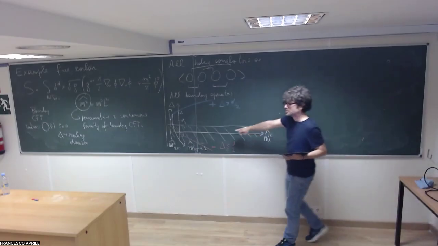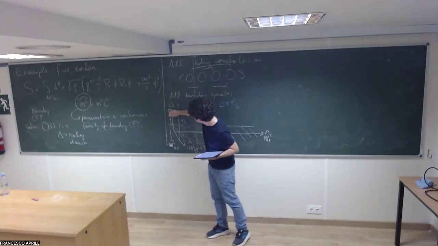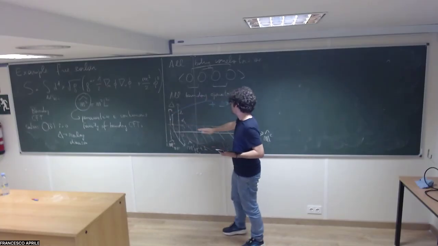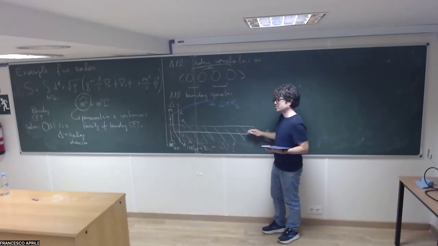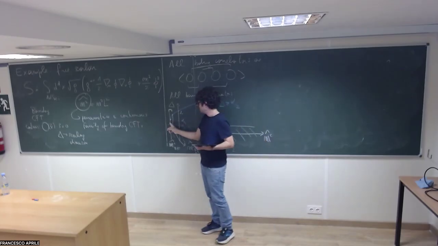You have a question about the plot? Yeah, because there are too many lines cancelled. So this region I wanted to cancel because it's below the unitarity bound. You see, this is d/2, this is d/2 minus 1. So when delta is smaller than d/2 minus 1, unitarity forbids you to consider that boundary condition. Okay? So there is a very small region between these two values of the mass, the Breitenlohner-Freedman bound and